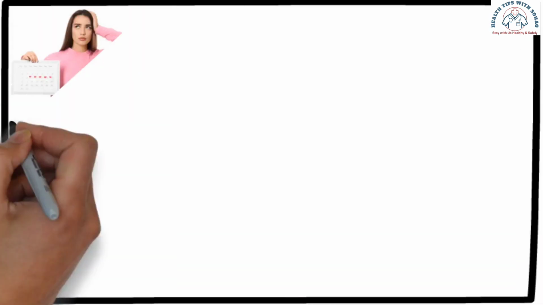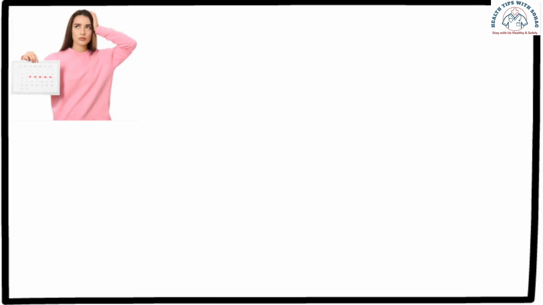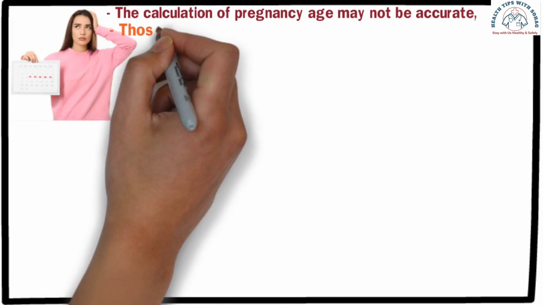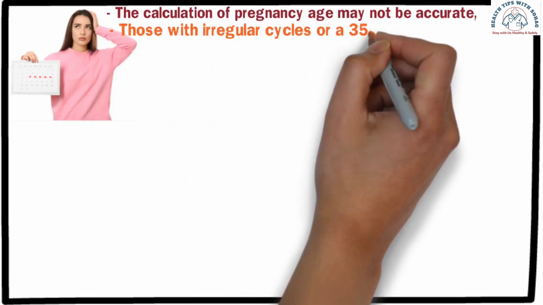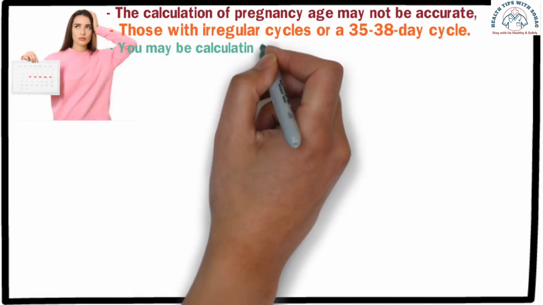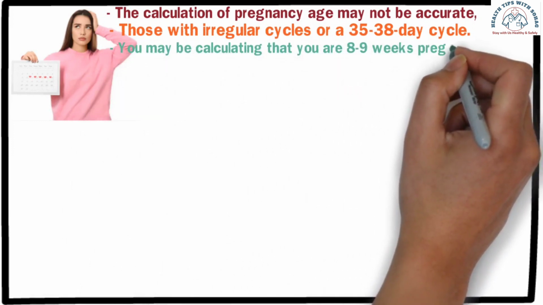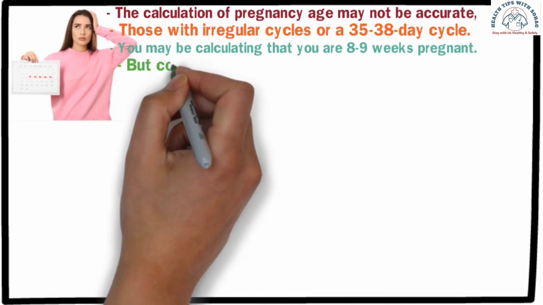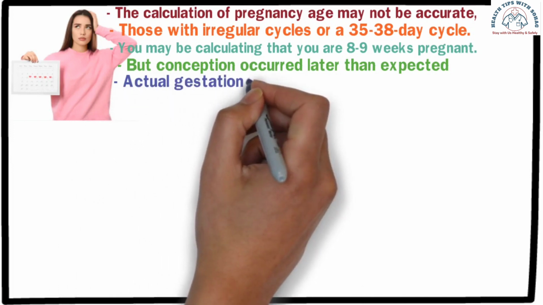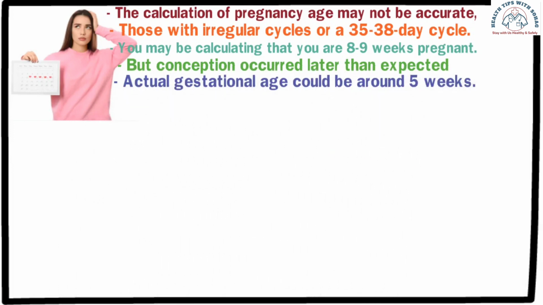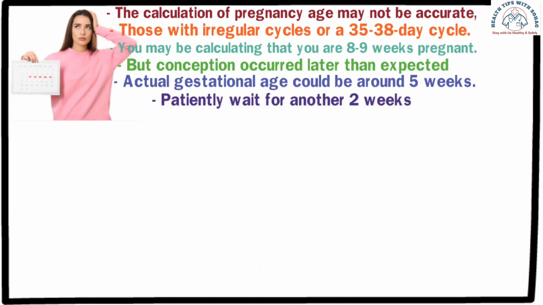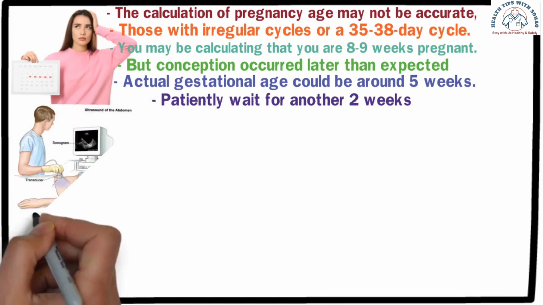Often, the calculation of pregnancy age based on your last menstrual cycle may not be accurate, especially for those with irregular menstrual cycles or a 35 to 38 days cycle. Based on the date of your last menstrual period, you might calculate that you are around 8 to 9 weeks pregnant. However, it is possible that conception occurred later than expected, meaning that the actual gestational age could be around 5 weeks. In such a scenario, it is advisable to patiently wait for another 2 weeks and then repeat the